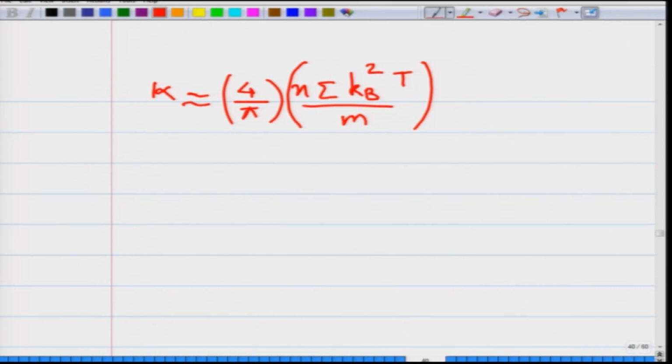So, with that we get our expression for the thermal conductivity of the material,